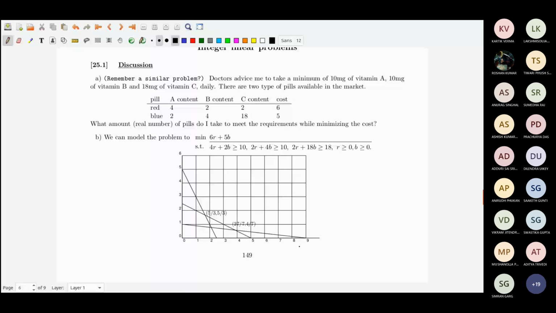And there, if you remember, I asked what amount, in real numbers, of pills do I take to meet the requirements, but that is not